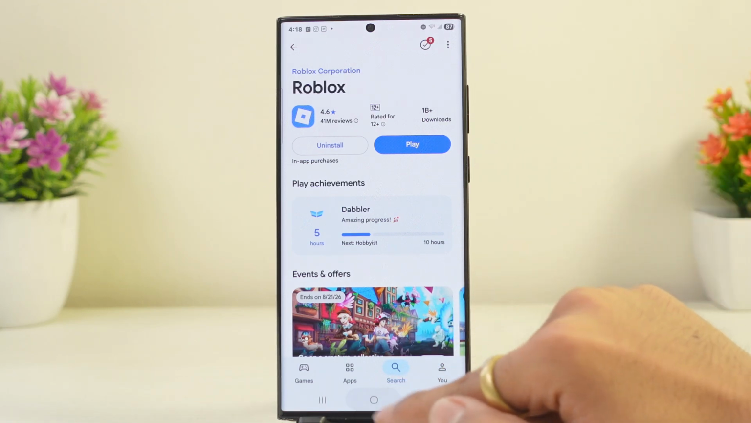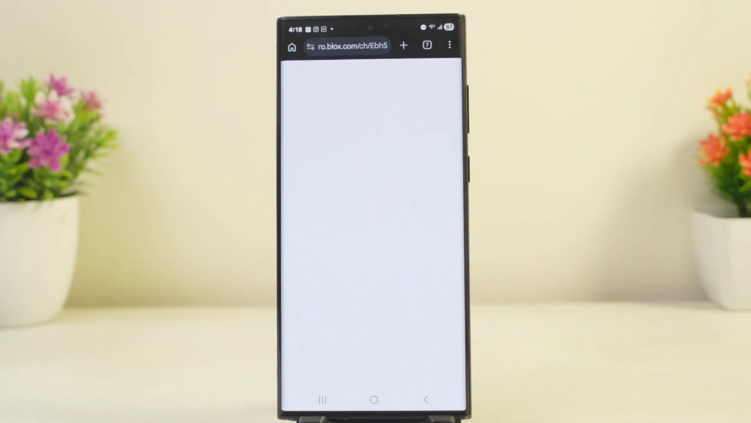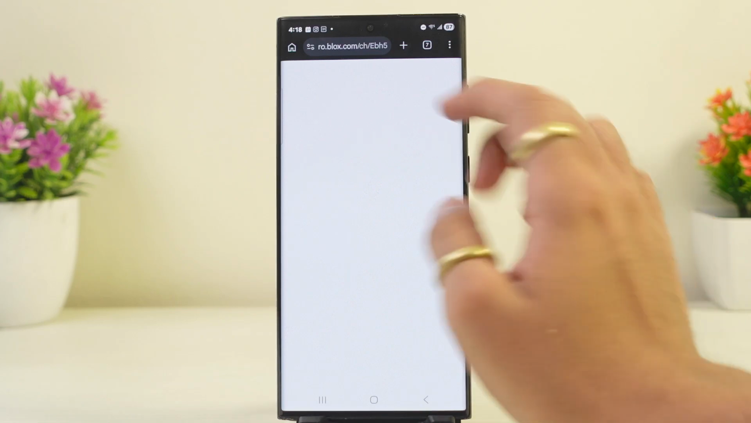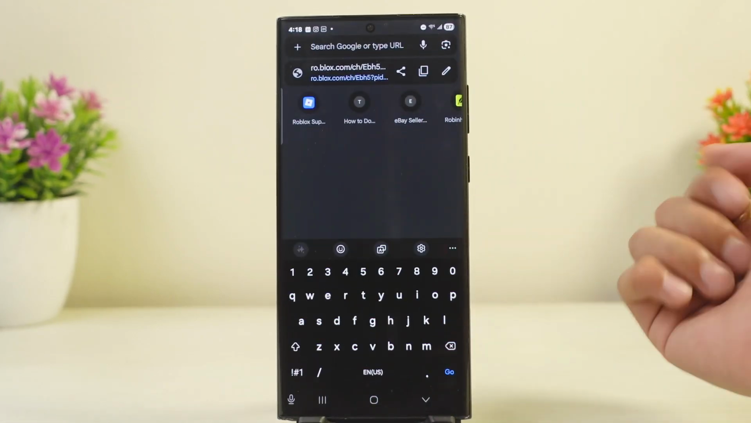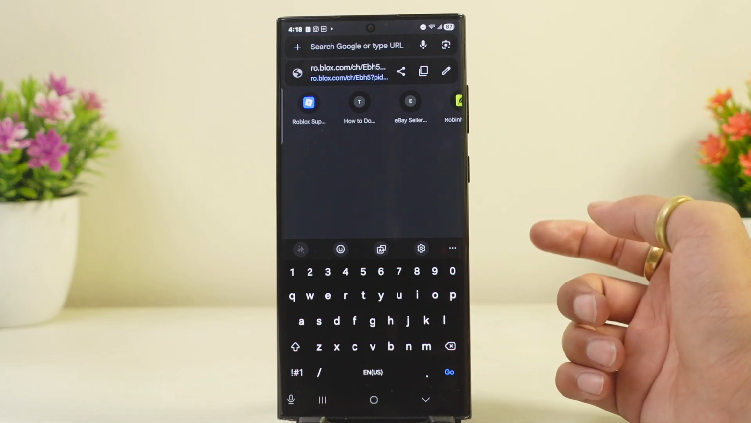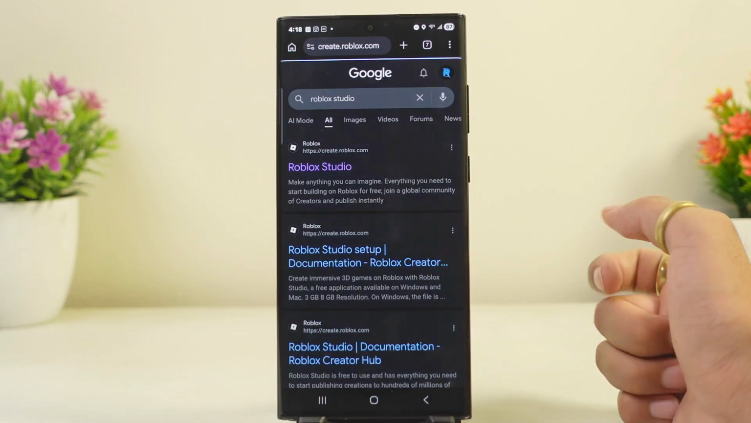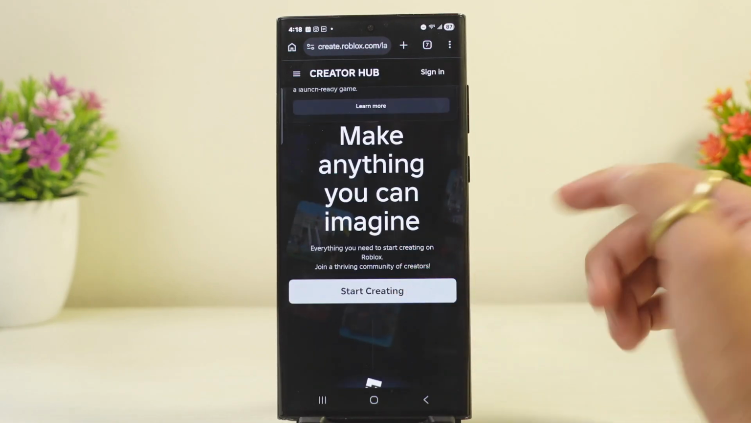So go ahead and open your desktop's web browser because this feature is not yet available for mobile devices. You have to be on your desktop. And once you launch the desktop browser, tap on that search bar, then search for roblox.com or Roblox Studio. Once you are here within the Roblox Studio panel, you simply have to tap on the Start Creating option, then